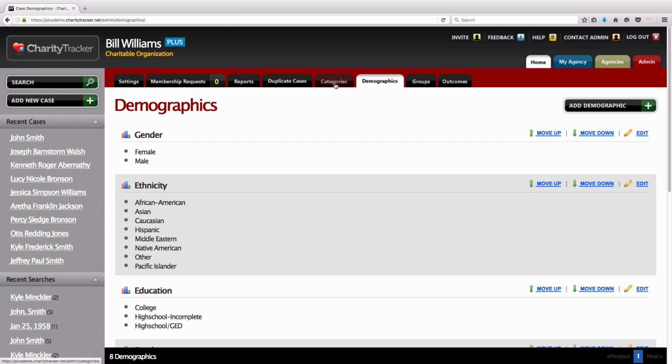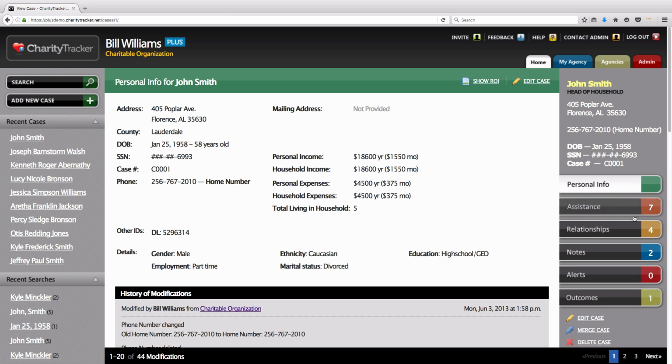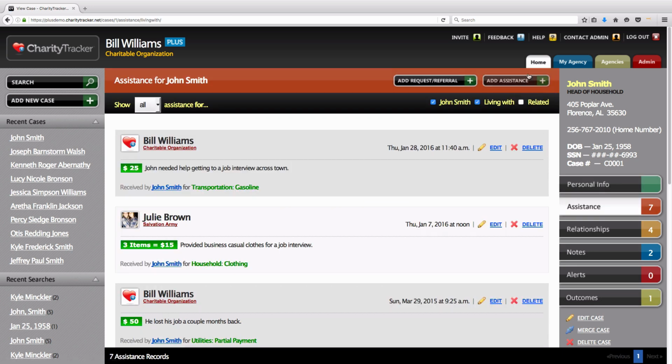The categories list here under the Admin tab should also be reviewed. You can reference this on the default datasheet document. If you recall, categories are used on assistance records. If we were to go under any client's case and then click under their assistance section and then add a new assistance record,